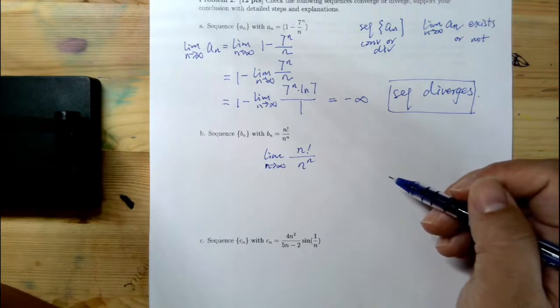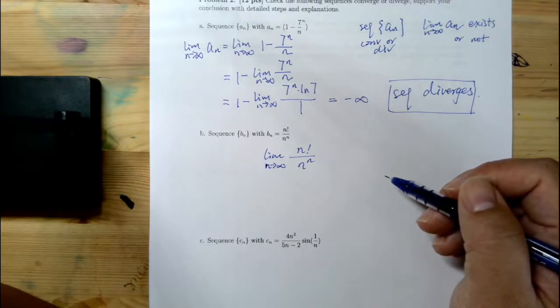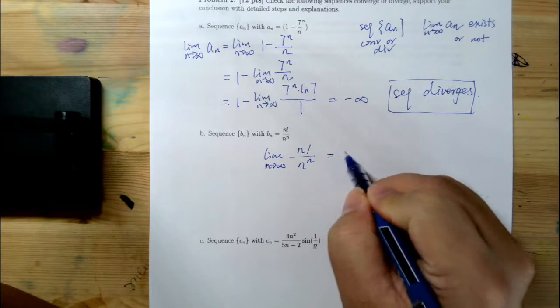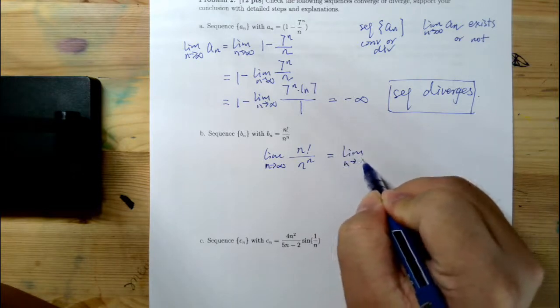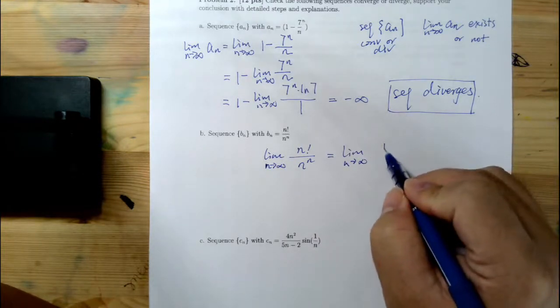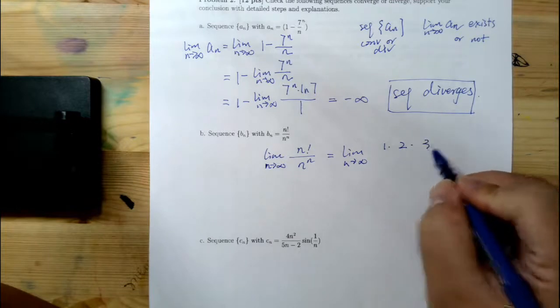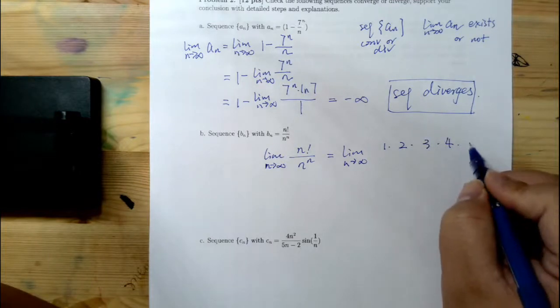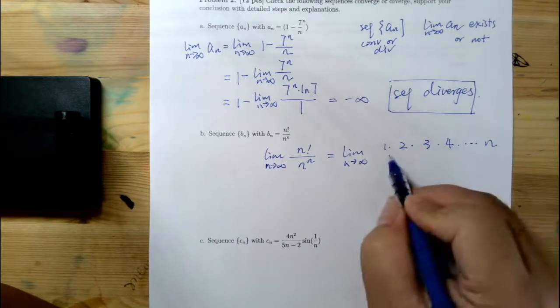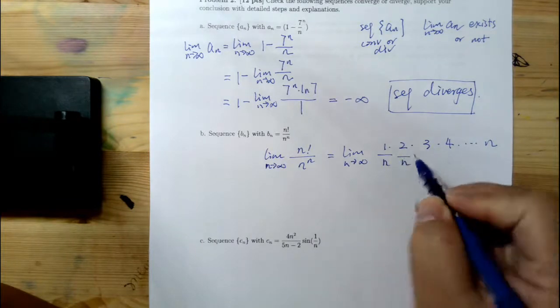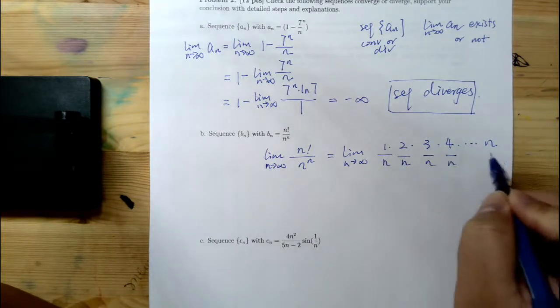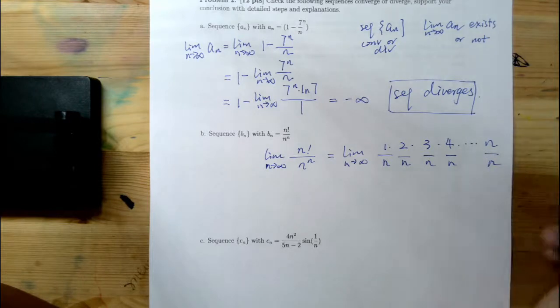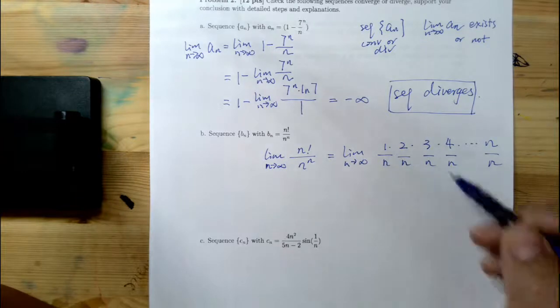If we expand the top and bottom, the top is 1, 2, 3, 4, up to n, but the bottom is n multiplied n times. So do you agree, guys, that as n becomes very large,